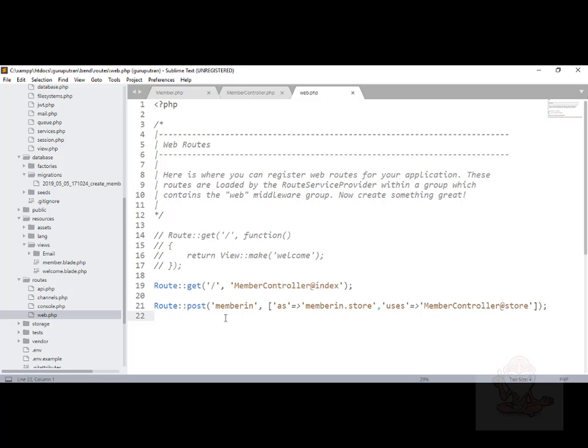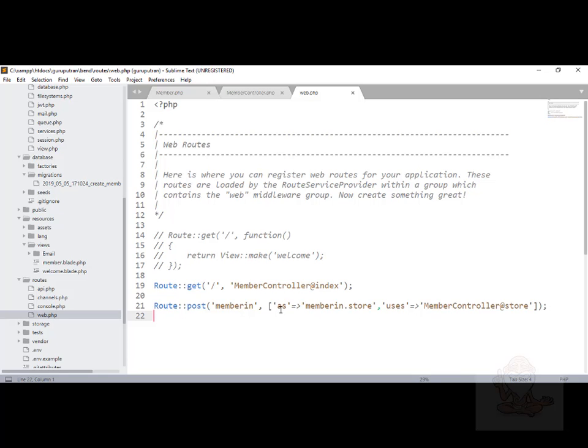So if you look at the Laravel documentation or ebooks or books, whatever references you have, this is just a method or a route we have created for the form to work, as well as a named route here.